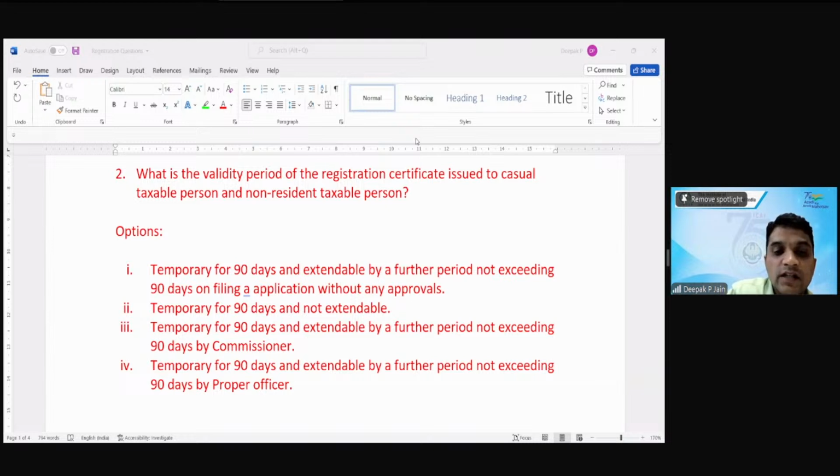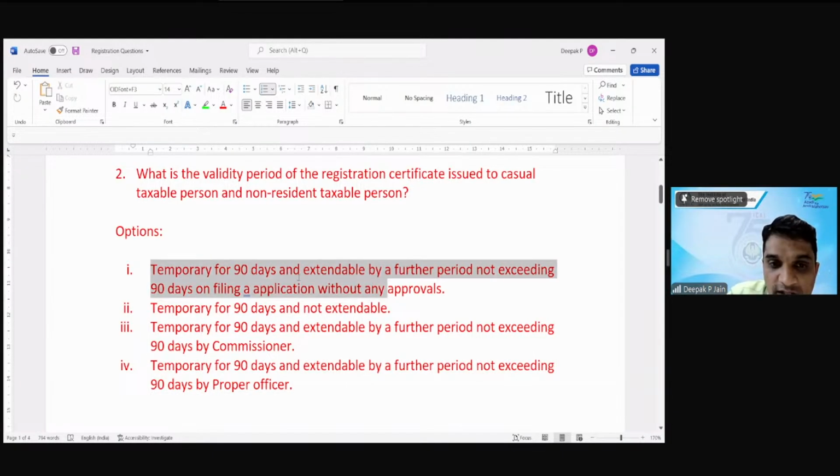Right. It is confusing whether it is 1 or 4. The correct option is 4 because the difference between 1 and 4 is it is temporary for 90 days and extendable for a further period not exceeding 90 days on filing an application without any approvals. Fourth one says, of course, it is temporary for 90 days and extendable by a further period not exceeding 90